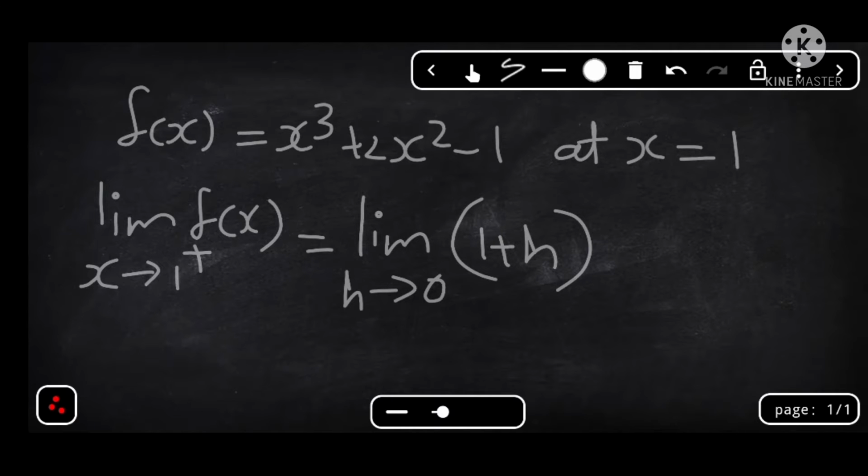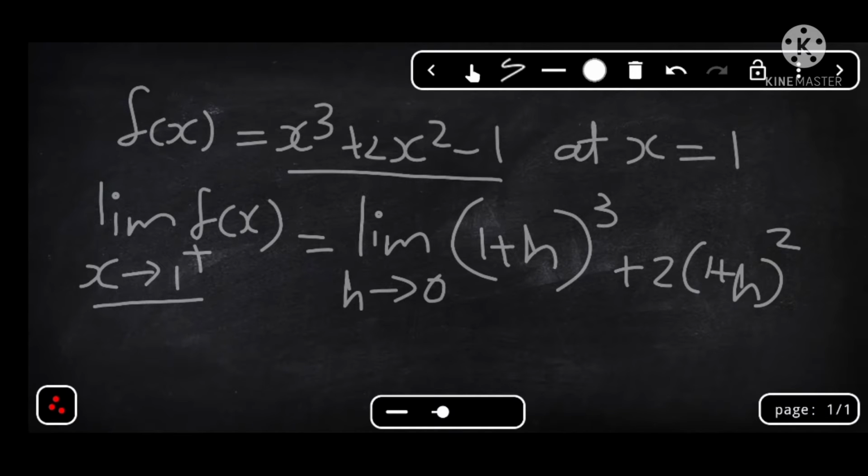Our function is x cube, so in place of x I am substituting 1 plus h, because it is x tends to 1 plus: 1 plus h whole cube plus 2 into 1 plus h square minus 1. So if h tends to 0, that means if we substitute 0 in place of h,